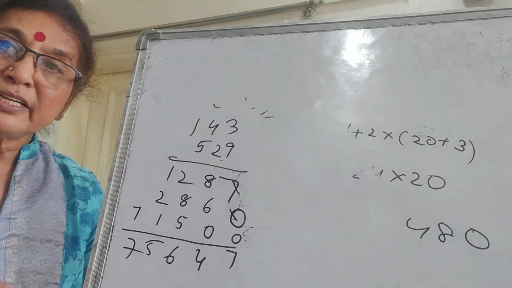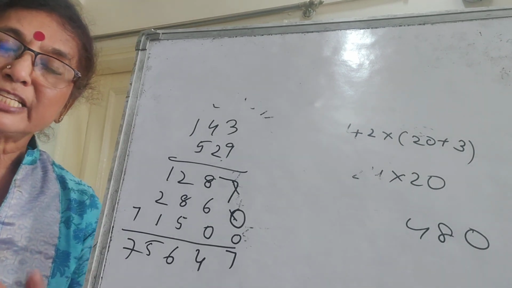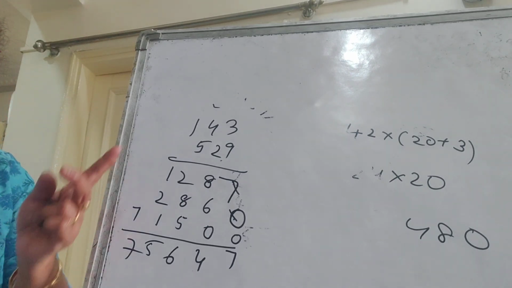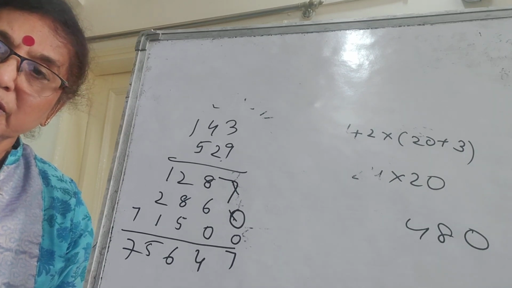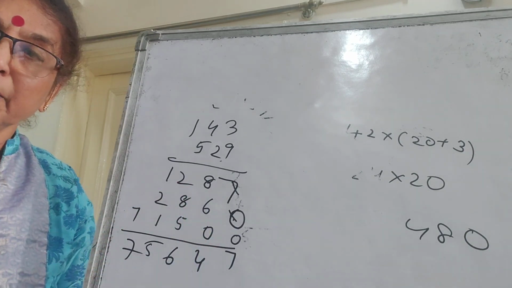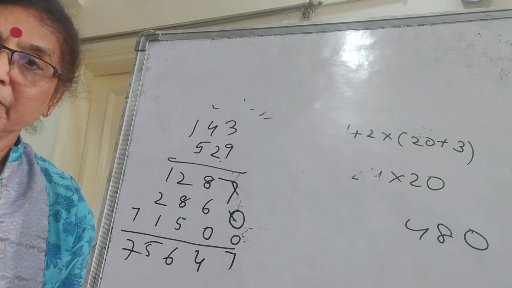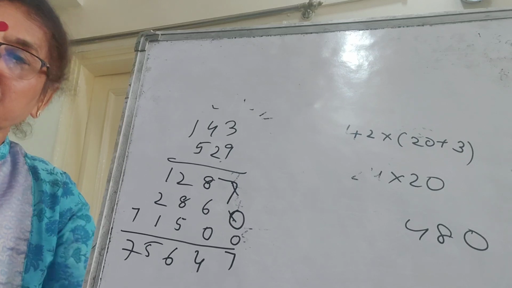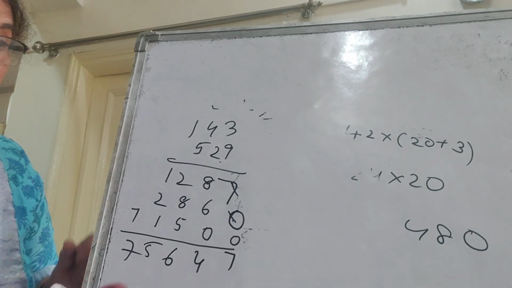So today we have learned what you learned in standard 1, expand in tens place, units place, 423 as 400 plus 20 plus 3. Now in multiplication, you should show the child why you are putting that 0 and 2 zeros. Why you are putting the crosses? Basically, I think instead of cross, one must teach putting 0. Because 423 into 200, I put 2 zeros and then multiply 423 with 2, that is 846. Okay, so that's the meaning.